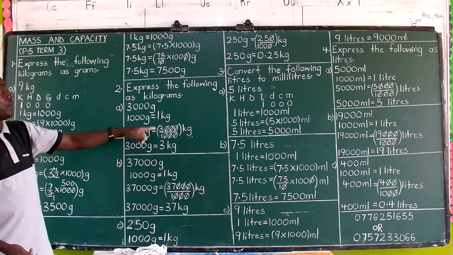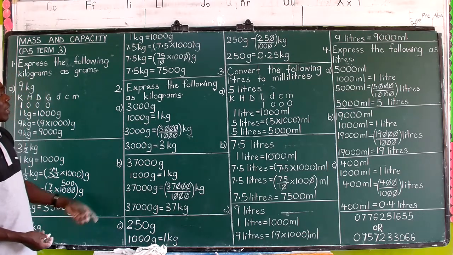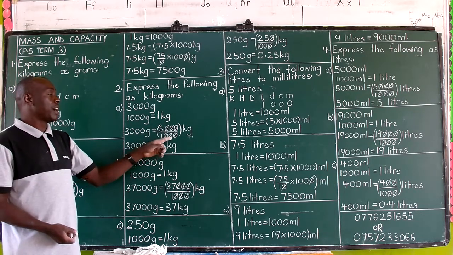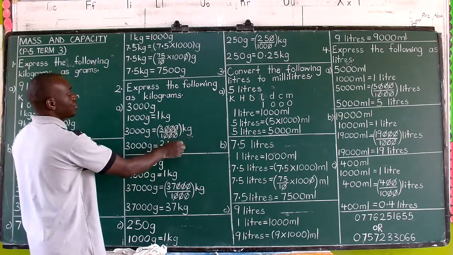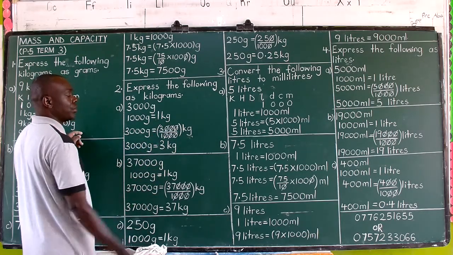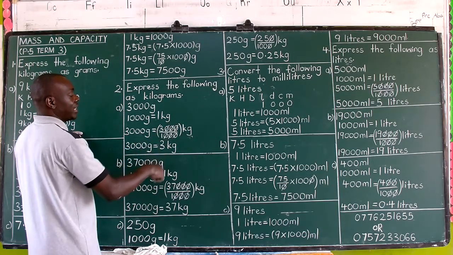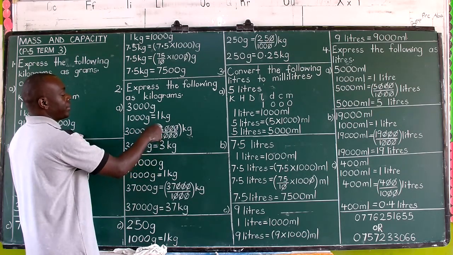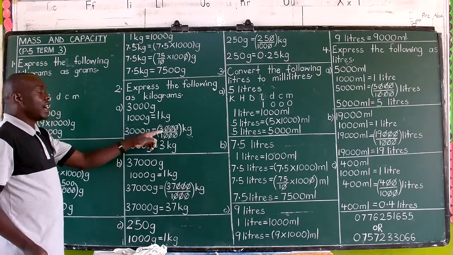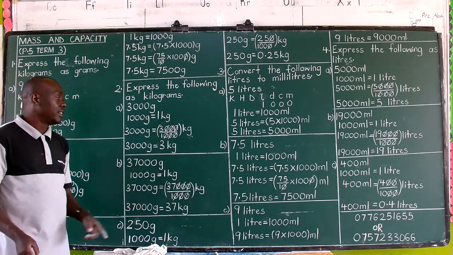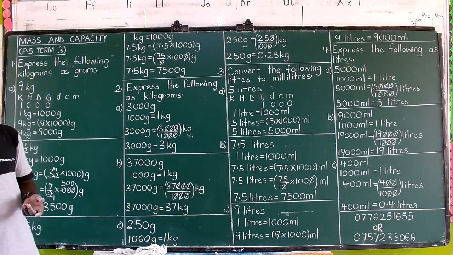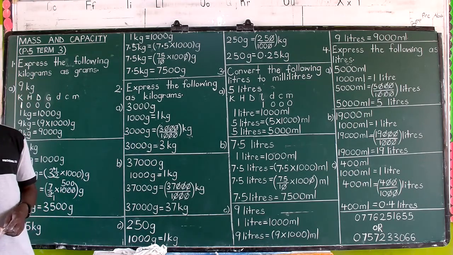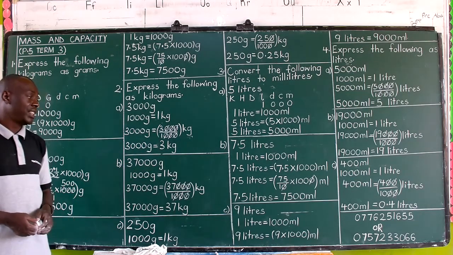Now we say 1,000 grams are equal to 1 kilogram. What about 3,000 grams? You are going to divide by that fact. That is 3,000 divided by 1,000. Answer in kilograms, we cancel by 10 by 10. That's one pair gone. Go to another pair by 10 by 10. Please, you cancel in pairs. Then another pair by 10 by 10. Remain 3 out of 1. 3 out of 1 is the same as 3 divided by 1. What's 3 divided by 1? Good, 3. So 3,000 grams are equal to 3 kilograms mass. So the answer is 3 kilograms.